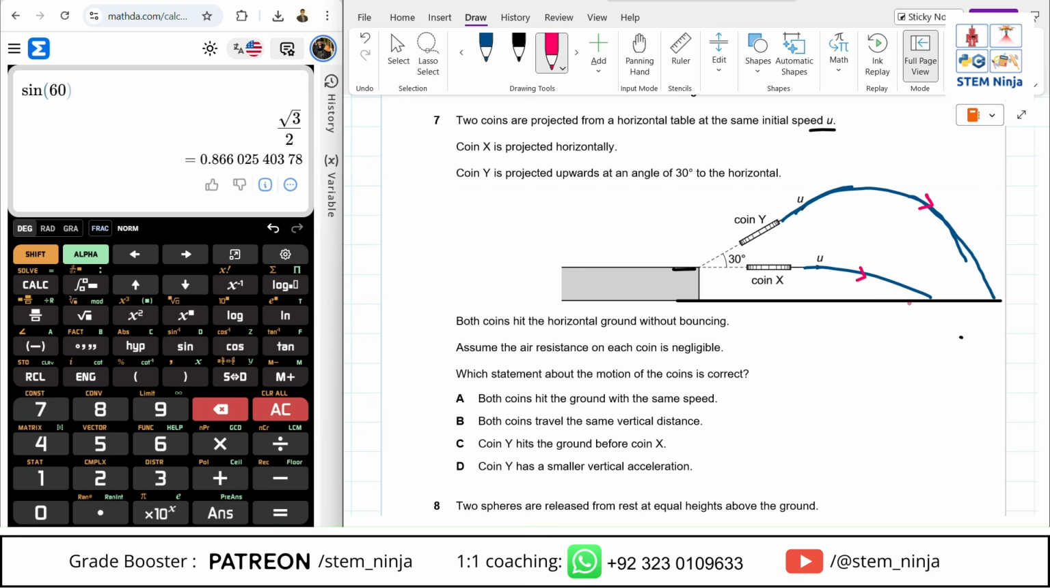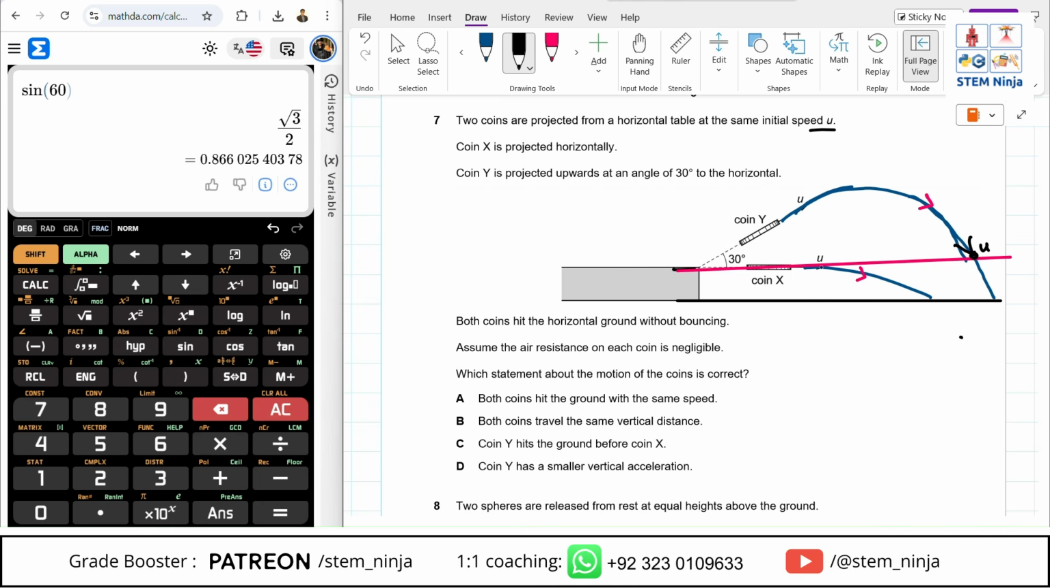So since at this level, they share the same speed. That means when the coin reaches the same level as the original starting point, it will have the same speed as before,